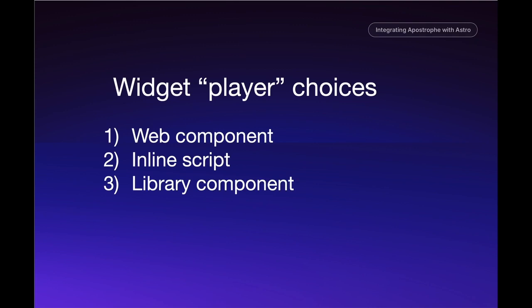The third choice is to make use of a component from a library like Vue to provide the interactivity. This has the slight drawback that when the widget is first added to a page, when you're not editing in context, it will not be interactive. When you are editing in context, however, the widget will be hydrated. Since Tom provided us with an example of a web component, let's look at the other two choices, starting with the script added to the component.